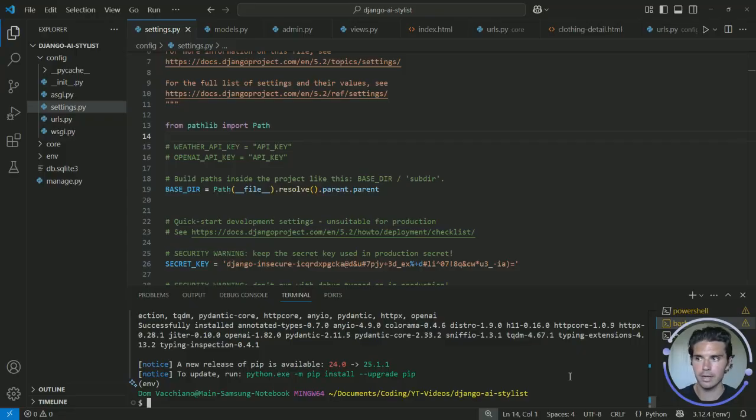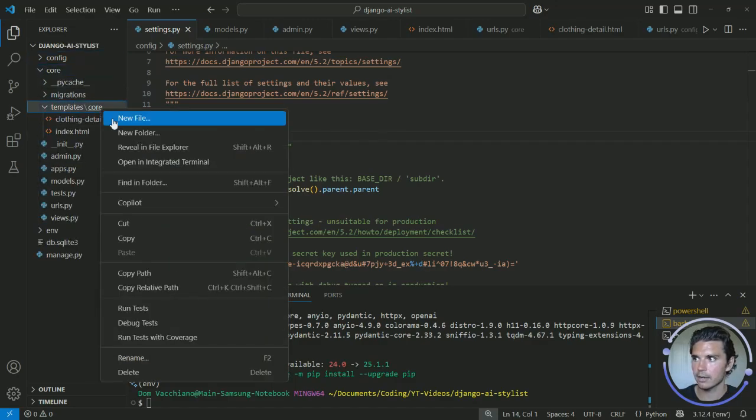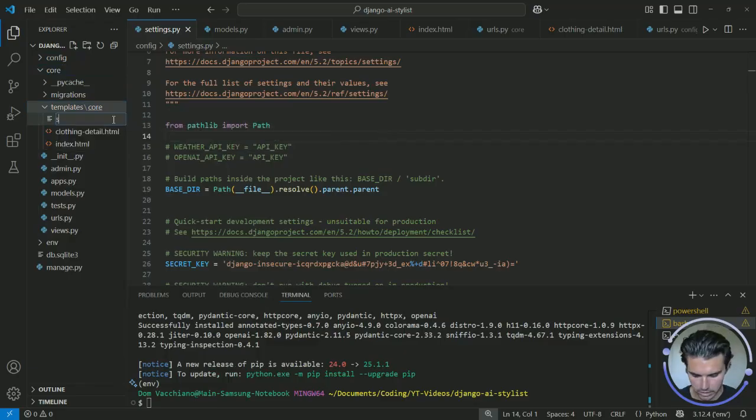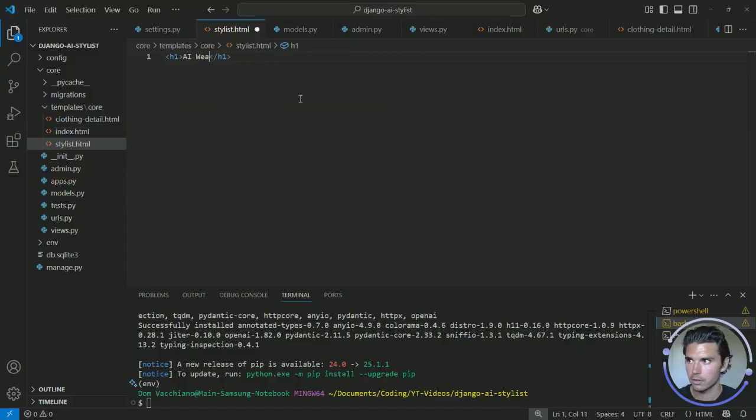The next thing we're going to want to do now is create the actual template and the views for this stylist. So let's first create the template. So under core templates, core, let's create another file. We'll call this stylist.html. Now we can build out this page. So we'll add a header tag and we'll say AI weather based wardrobe